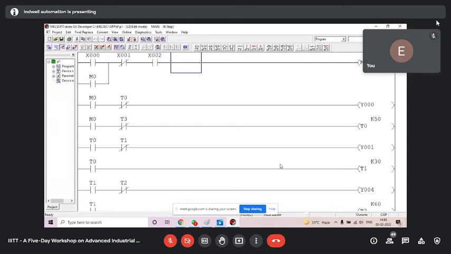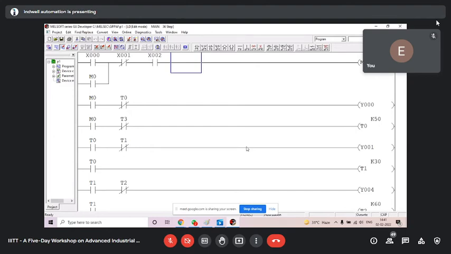Nice. Now I shall show you how we download a program to the PLC. For Mitsubishi, for Allen Bradley, for Siemens, for Delta, for Omron, everywhere you have an option to send it, but with a different name. In Mitsubishi, they have given the name write to PLC. In some PLCs, like Allen Bradley, they have given download. In some PLCs, they have given PC to PLC. In some, send to PLC. So let it be any name, we have to send it.